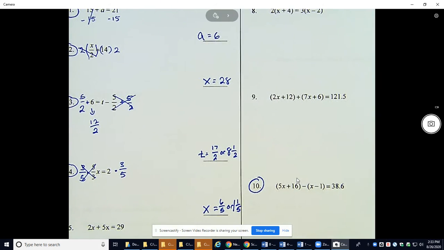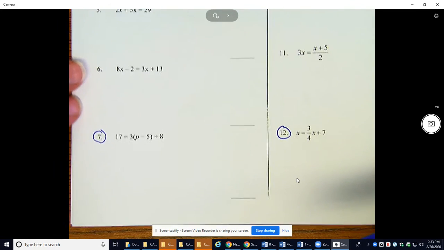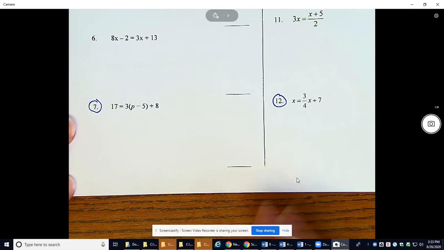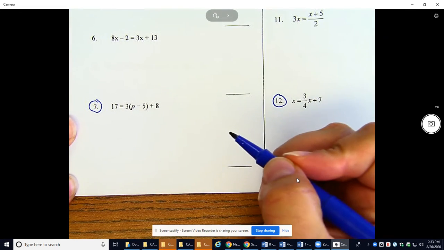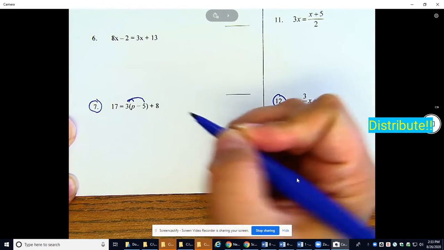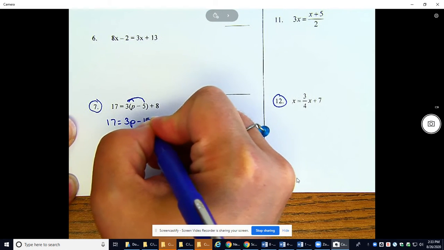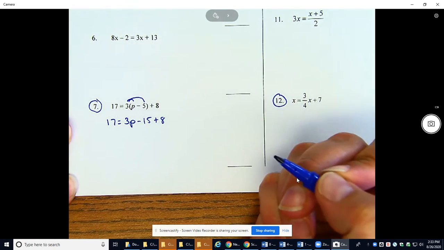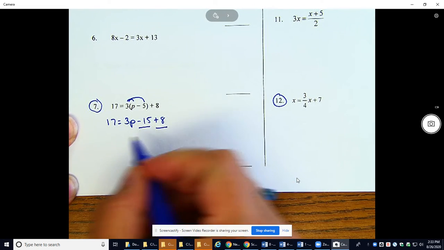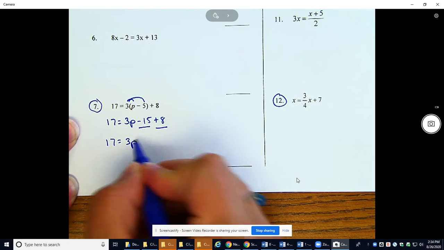Okay, let's go ahead and look at number 7 down here. Again, you're using the same principles of inverse operations, but in this one, you got a 3 on the outside of the parentheses. So before you do anything, you want to distribute that 3 across the parentheses. So 17 equals 3p minus 15 plus 8. Then, of course, you want to combine like terms. So I've got a negative 15 and a positive 8 right here, and I end up with 17 equals 3p